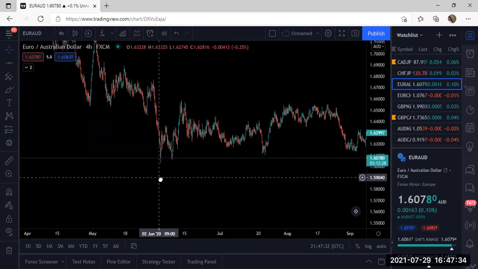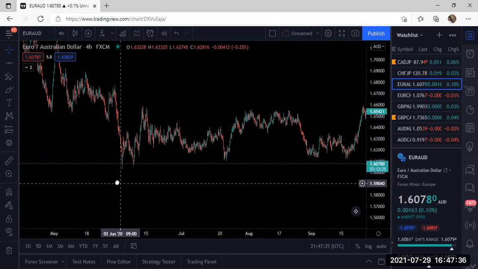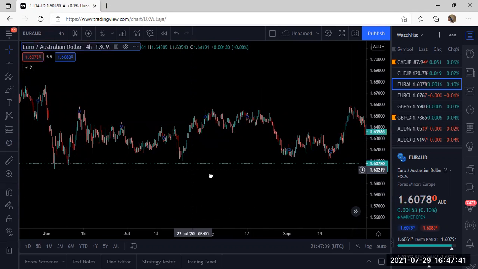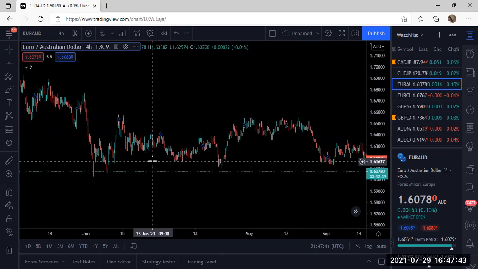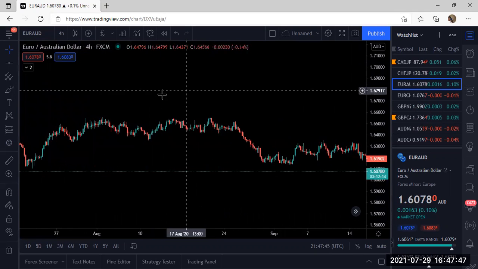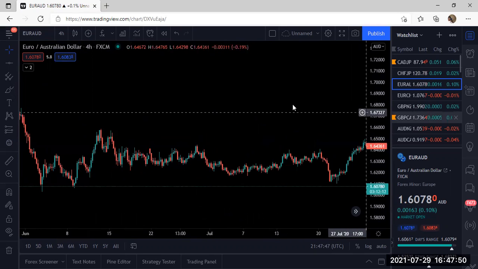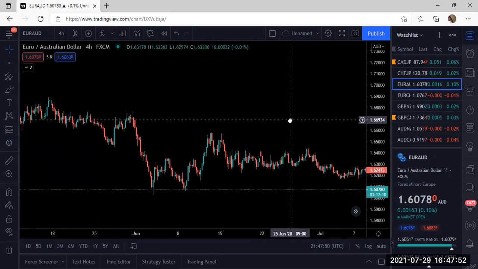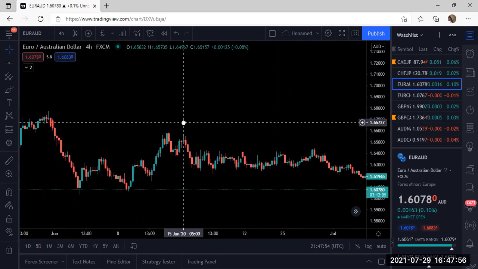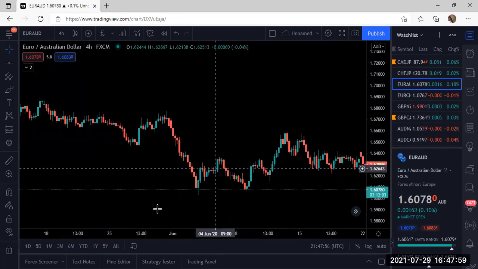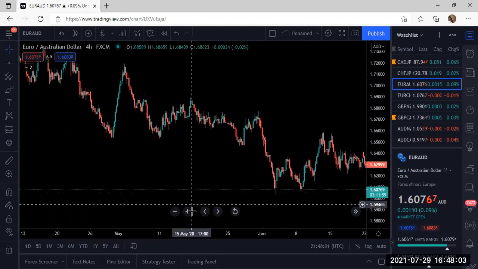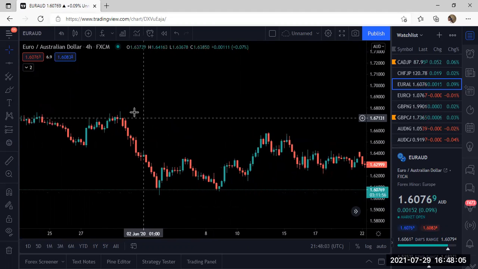Now, I'll use this for an example. Okay, how I know where my resistance is. How I know what my resistance is when it comes to trading Forex, candles have a tendency to reject, okay? And what I mean by reject is